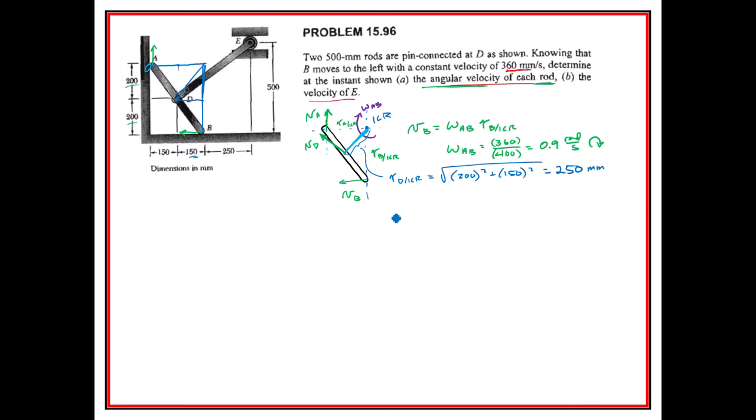And so now we could find the velocity of D is just going to be omega AB times R D with respect to ICR. Right, so our 0.9